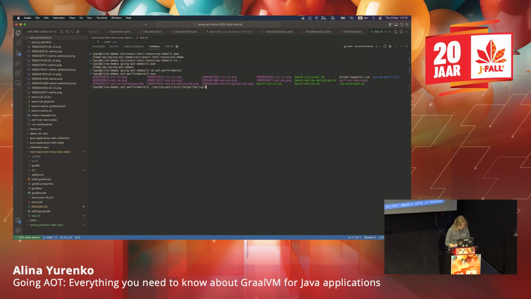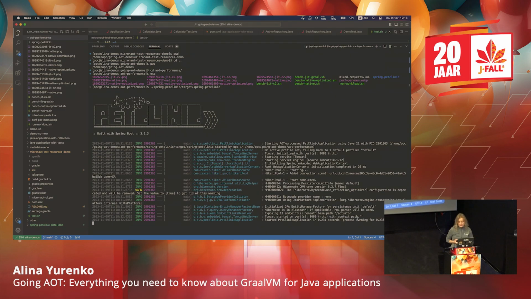I'm almost forgetting that it's not called demo, but it's called Spring Pet Cleaning. OK, so this has started, and I already have it compiled as a native app. Let's first look at what the app does. I think you all have seen it, but let's take another look. So this is already compiled as a native image, and I have a bunch of versions of it. I just started one of them, it doesn't matter which one. And it's running, and it was up in